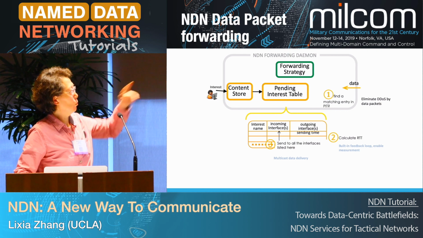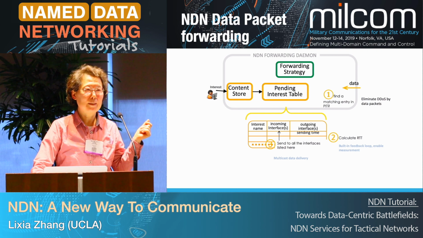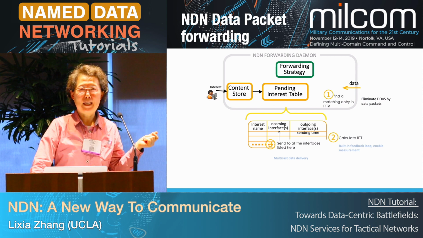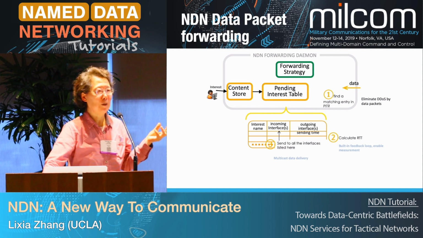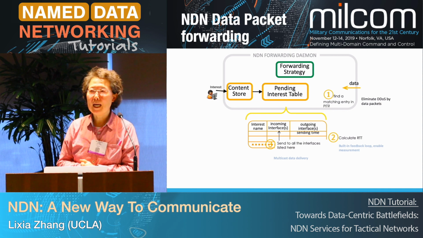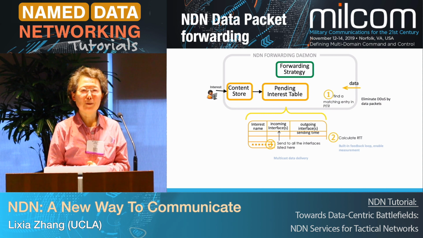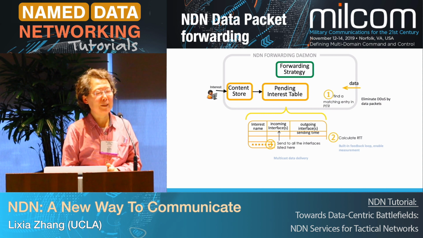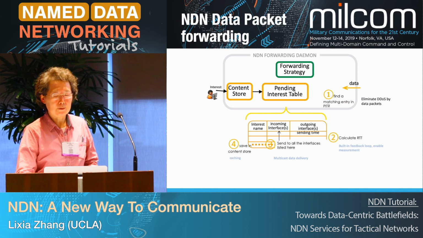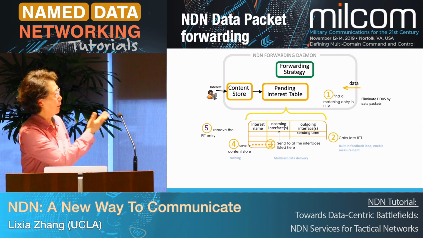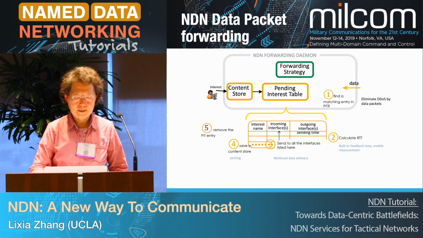Then you forward the data to all the incoming interfaces from which you received that same request. This is called multicast delivery of the data packets. We haven't done anything different from the protocol, but you can see that multicast delivery is very much needed functionality for the internet. We tried for so many years, and it hasn't been widely deployed. With this protocol, through that simple data structure on the nodes, you can deliver that functionality. And then you can also put a copy in the content store as a cache,